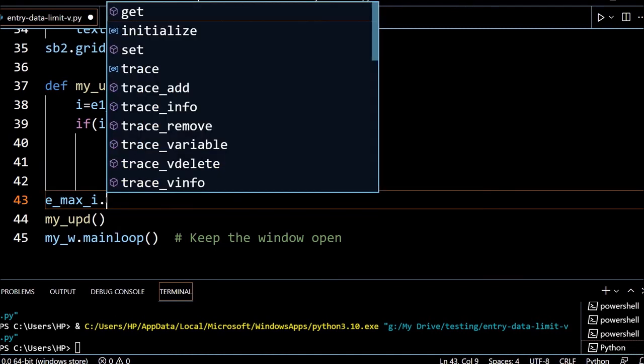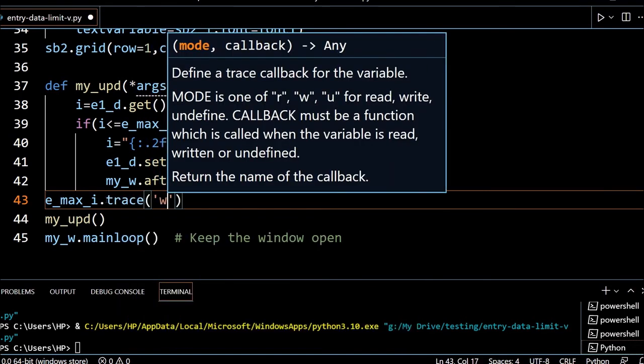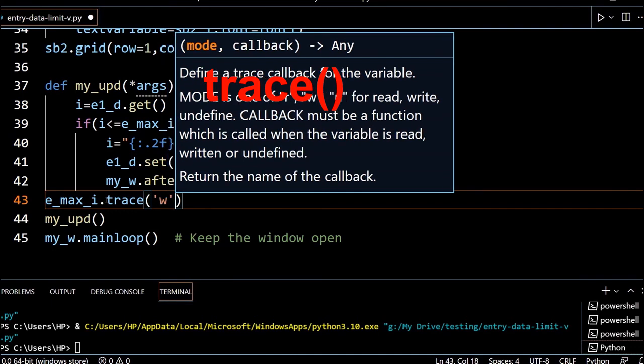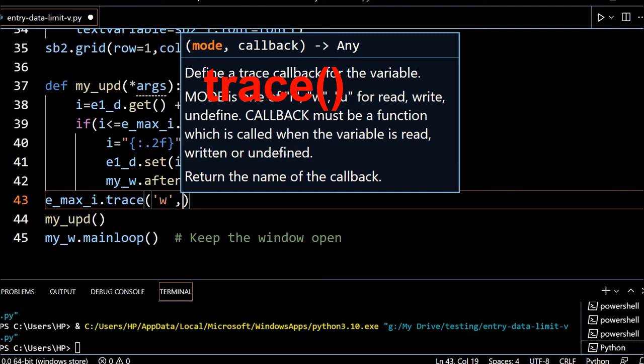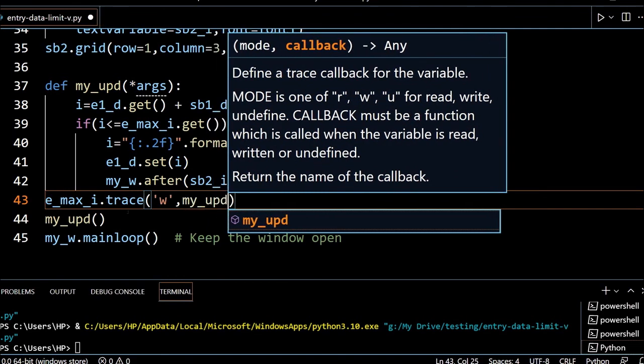Anytime you destroy, create, change or write the value, this trace method will be triggered. It is applicable to all types of string, integer or double variables. So if this value is changed, you trigger this function once. The limit is already taken care of by this, but once this particular variable Emax I is changed, then you trigger this.